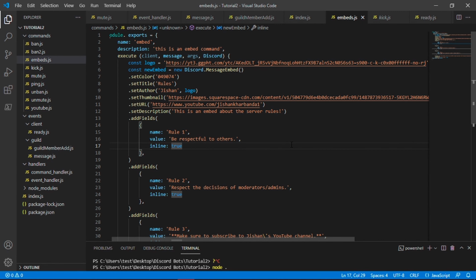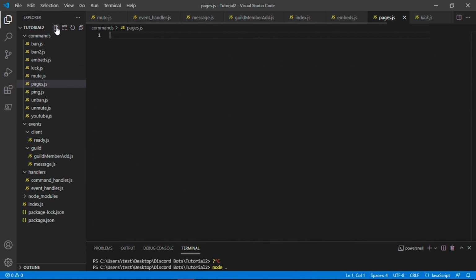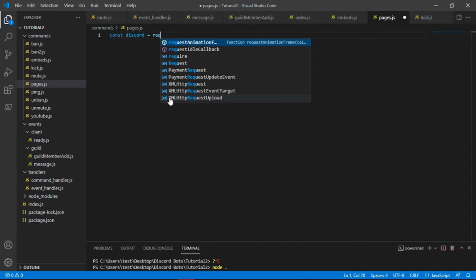So to get started, you want to open up your Visual Studio Code. This is where we left off last time with the embeds command. So what we're going to do is now create another file inside our commands folder, and we're going to call it pages.js. And we're going to start off by typing const discord is equal to require